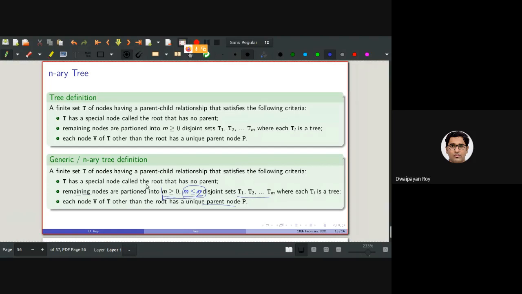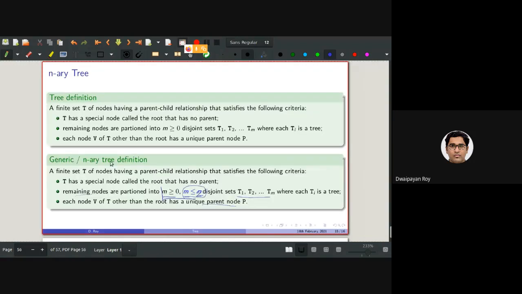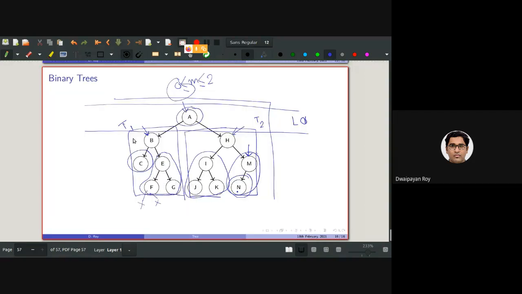So of course, for the root as well, we can, as you can see, the root. So basically, root is the only node here. So up to this level, there is only root, right? So this is at level 1. So sorry, level 0. So at level 0, there is only root. And as we have already defined, T has a special node called the root that has no parent, and we are partitioning the rest of the nodes. So this relationship, you are absolutely correct.